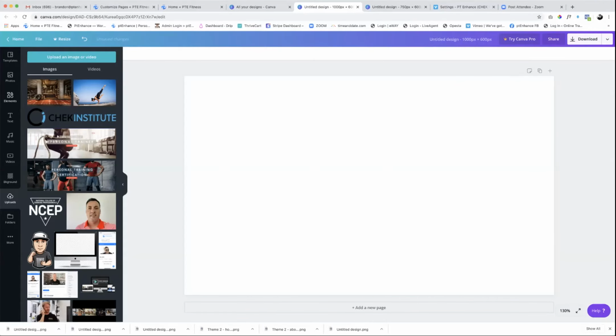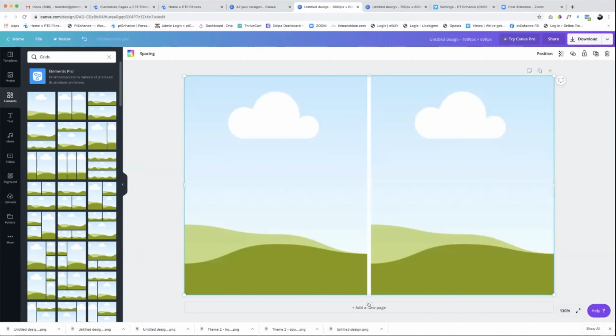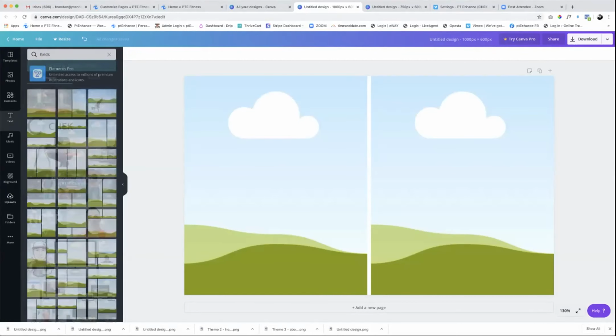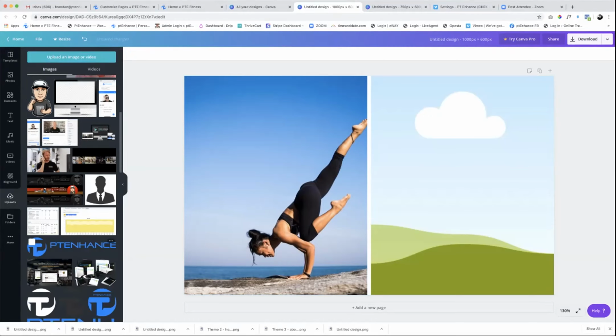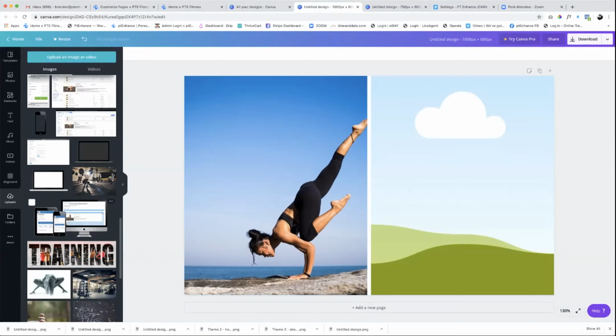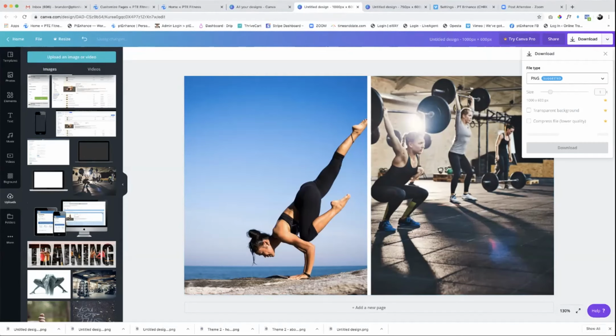If I go back to elements and I said, hey, I just want to do a 2 image side by side, then I would just select this here, and then I would do my images that way. So it's a lot easier to do. So for that, and let's just throw another image, this one over here. All I'm doing is dragging it over, right? And then when I hit download,